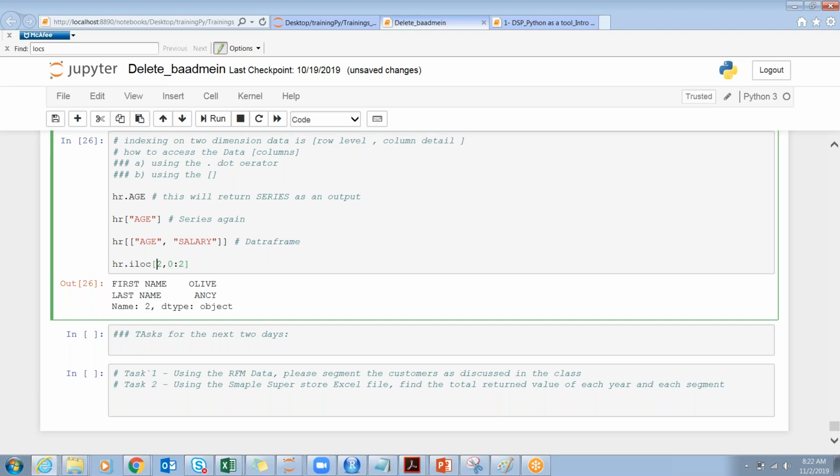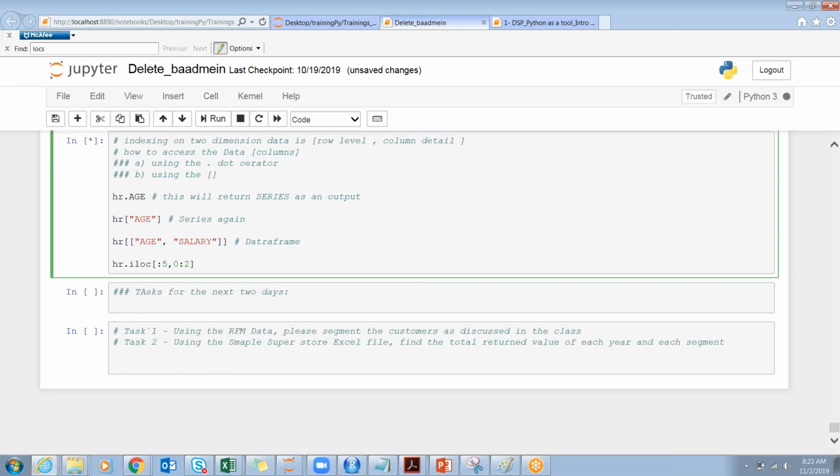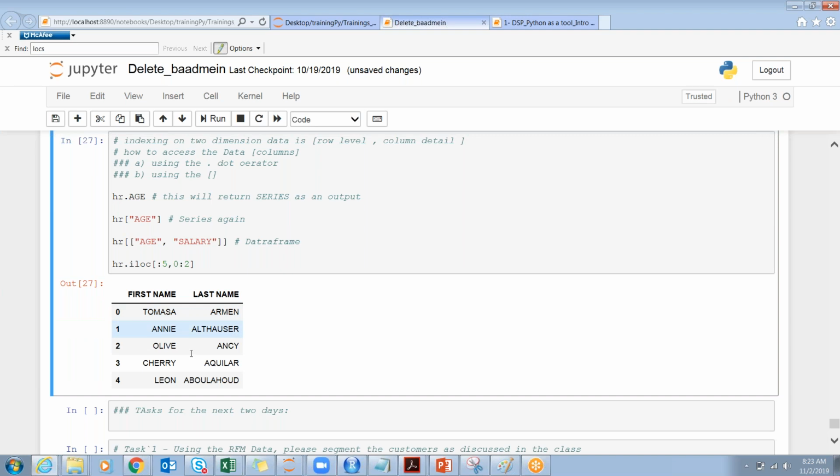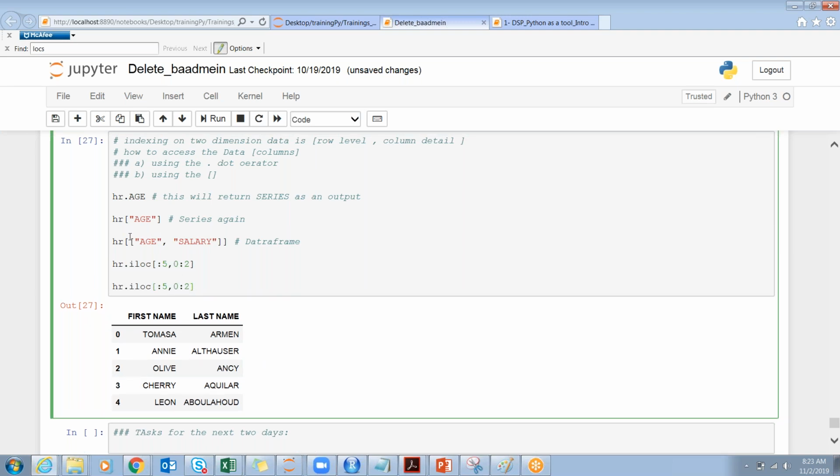So treat it like this. Got that? First five rows and first two columns. Does that make sense to everyone? Now, if you are looking to have this data filtered based on the columns, generally we use column names, right? Now, if you are looking to have only these two columns, Control C,